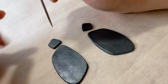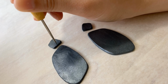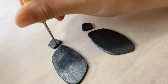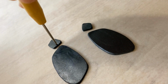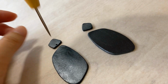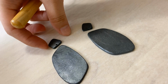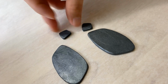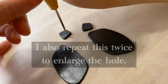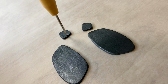Before I set this off to the side for baking, I am going to poke some holes into the clay. Because I don't have a clay cutter, which is ideal because it actually pokes out the material of the clay without pushing it, I'm using the only tool I have right now, which is called an awl. I poke the front, and I flip it over, and I see where that hole is, and I enlarge the hole at the back, and just twist the awl. I set the graphite earrings to the side